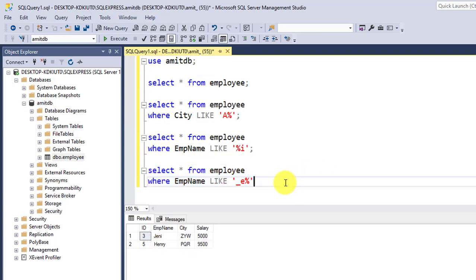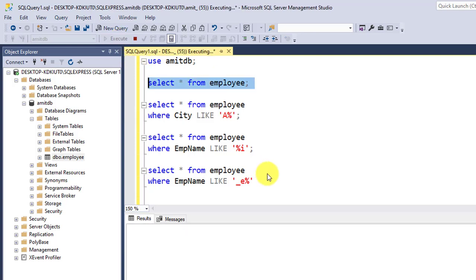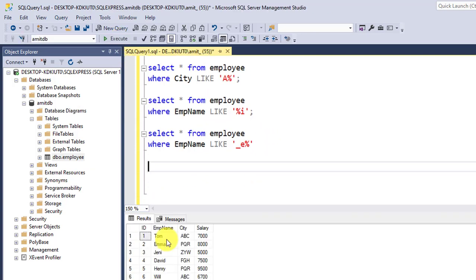Now let us see the LIKE condition again. Let us first display the records. Here we will fetch the employee names that do not start with E. So only Emma won't be visible and all the rest will be visible. Let us see.